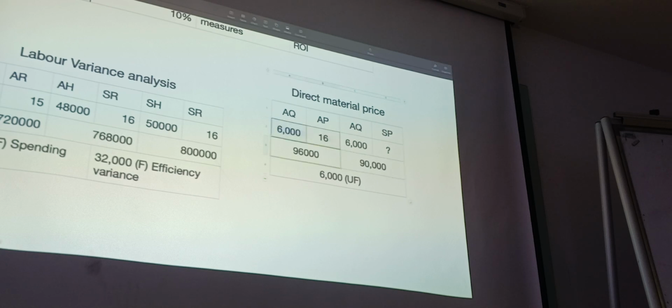You just have to figure this one out. Are you clear or not? That's why I kept telling you, make sure you know this link like this. Make sure you know how to read that statement. You know how to read the statement, you're okay. Then this one is 90,000, you know this times this equals this, right? So therefore this one is going to be this divided by 6,000.